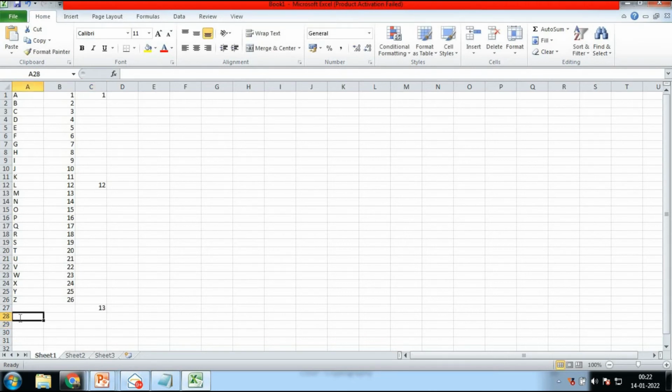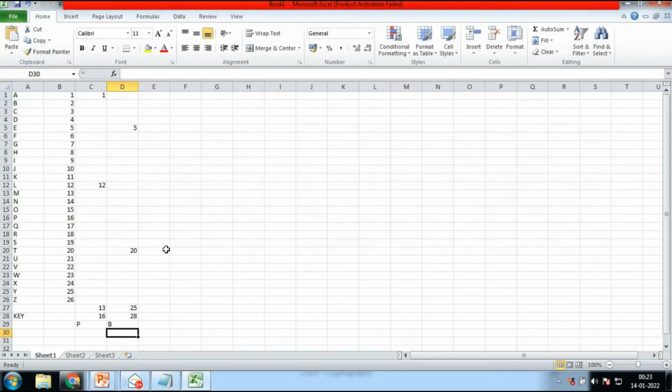So this becomes 16, and 16 is actually T. Next one, T and E. T is 20, and E is 5, so this becomes 25. 25 plus 3 becomes 28. Modulo 26, 28 will actually become B. There are 26 alphabets in English, so if you say 28, then it becomes 26 plus 2, or rather 28 minus 26.